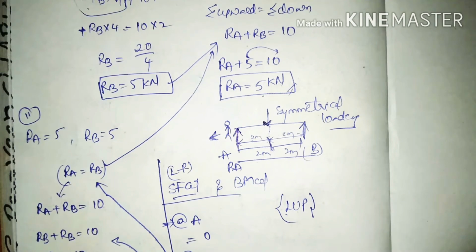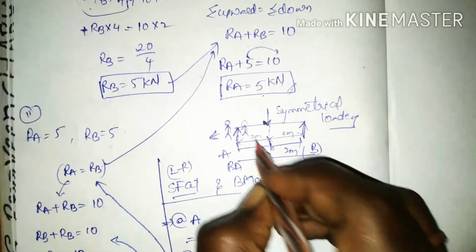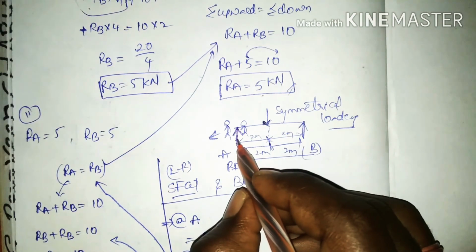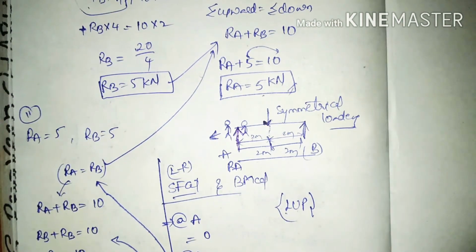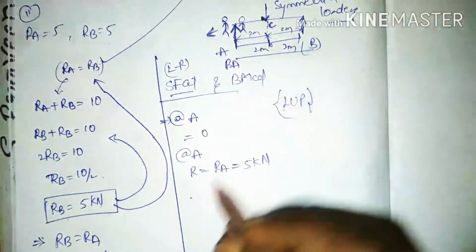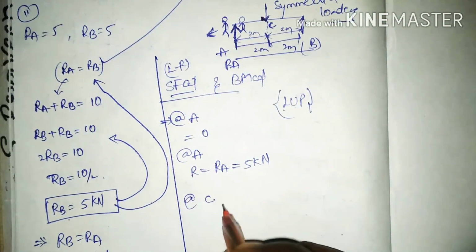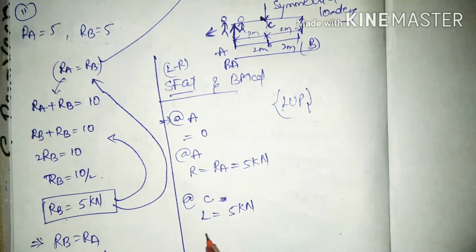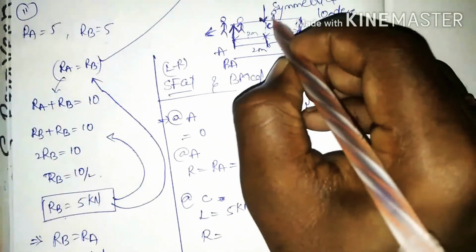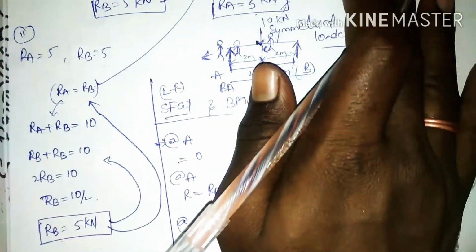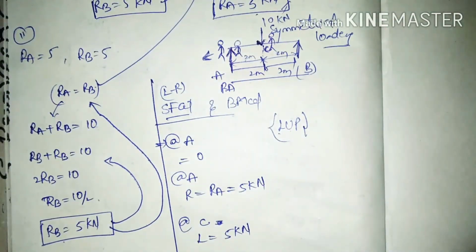At A, to the right of A, when I stand here, I am going to find a reaction at the support RA, that is a value of 5 kilonewtons. Thereafter, while moving to the C point, let us consider this point is C. At C, to the left, it is continuing with 5 kilonewtons. To the right of C, a downward force of 10 kilonewtons is going to act on the beam, so that I am continuing with 5.